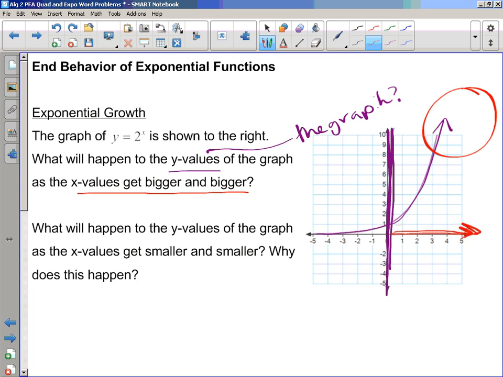This is just going to keep getting bigger and bigger, up and up and up. It's never going to stop or turn around. That's what we're talking about when we say end behavior. What happens at the very, very ends of the graph? And on the right side, where x's get bigger and bigger, my y values will approach